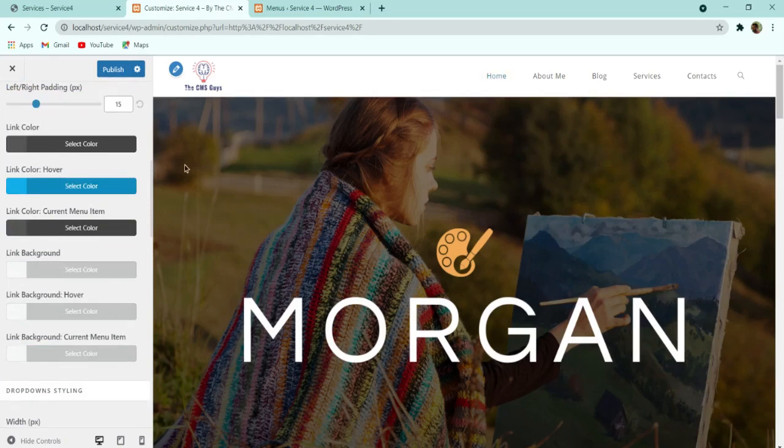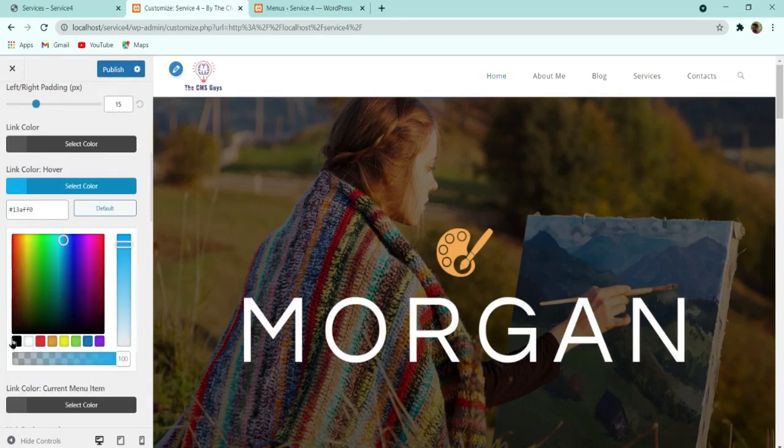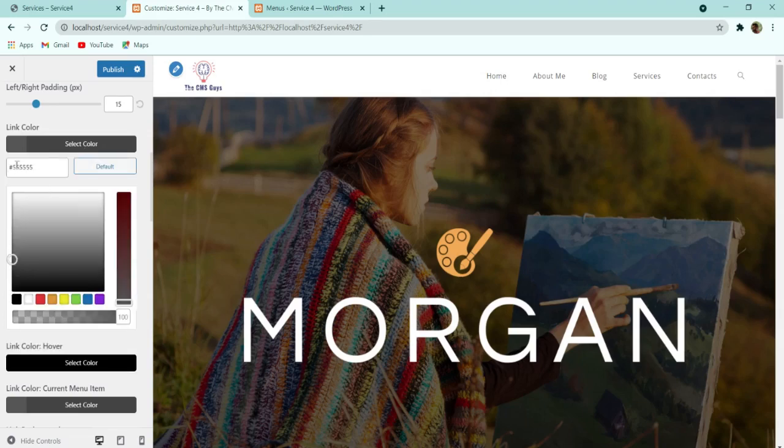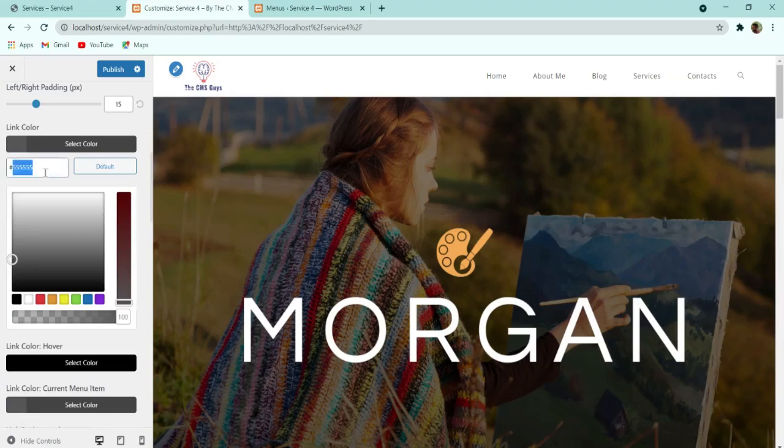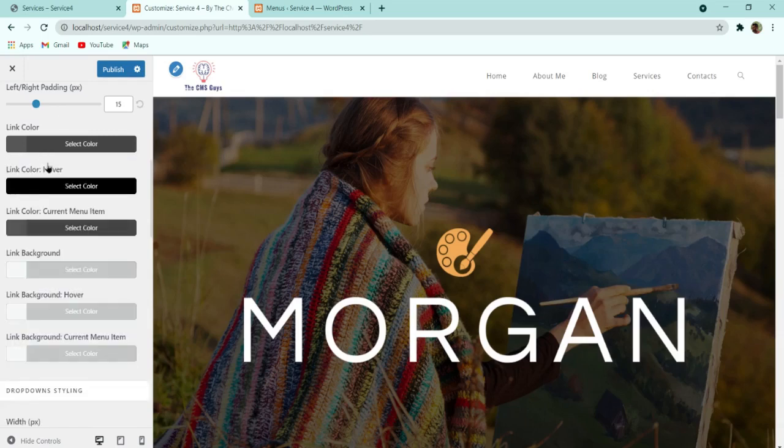And then this link color, and link color on hover, it is dark black. So you can see that when we are hovering over it, that dark black is coming. And here it is 555, or you can make it 7a. Let me select it again, 7a 7a 7a, or from this you can also select. So this color is also looking good.